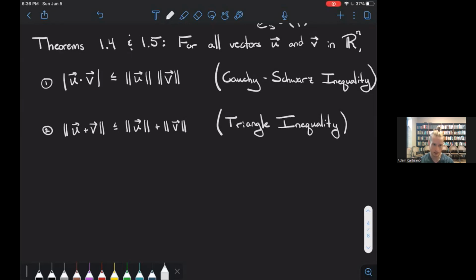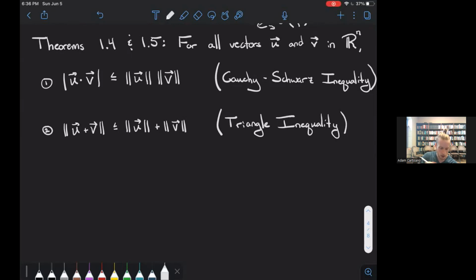It's called the triangle inequality, and it basically says, wouldn't it be nice if I could take 2 vectors, add them together, and take the norm of the new vector? Wouldn't it be nice if that thing's length is equal to the sum of the lengths of the other 2? And again, the answer is pretty much never, unless u and v are on the same line. However, if you again replace the equal sign with an inequality, then you do get the thing that you want. This one, let me draw the picture for you,